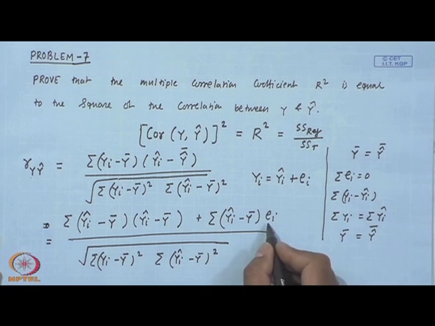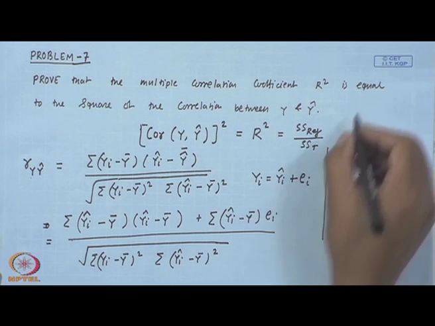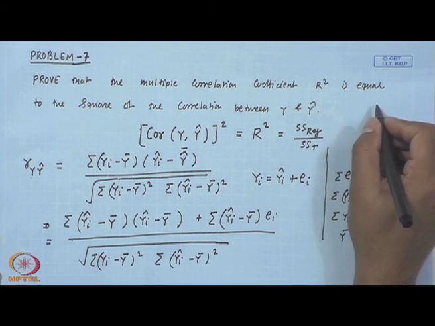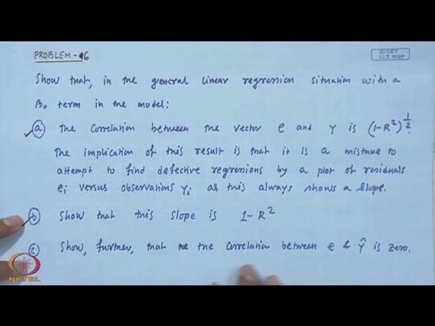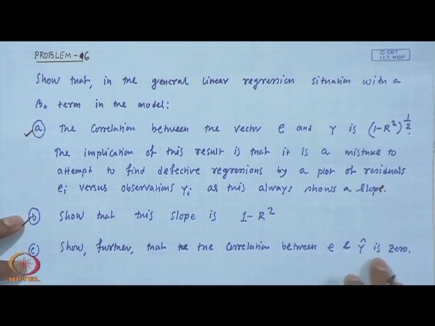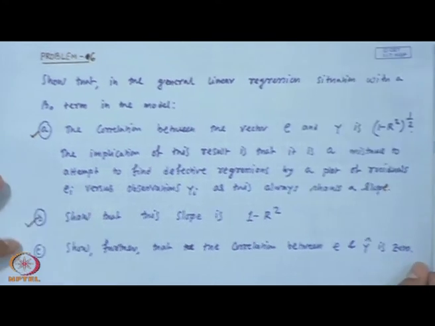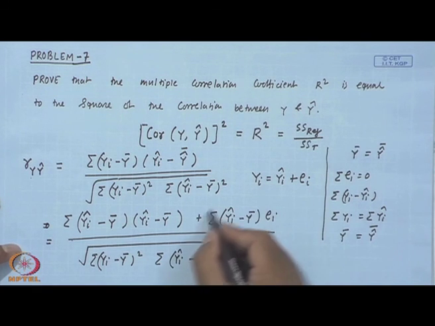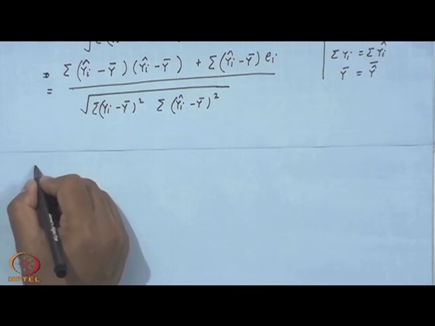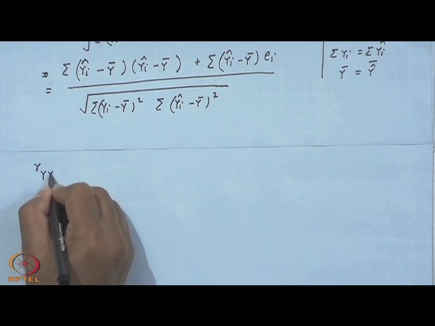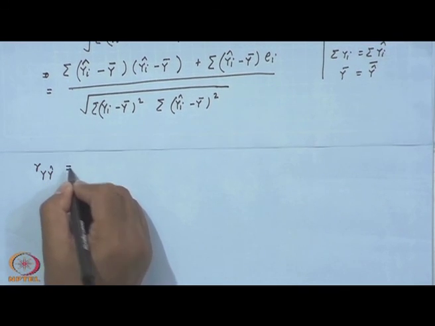So, this is the covariance between E and y hat. In the previous problem, we have proved that the correlation between E and y hat is 0. That means the covariance between E and y hat is equal to 0. So, this term is going to be equal to 0. So, what we are left with is that the correlation R y y hat is equal to